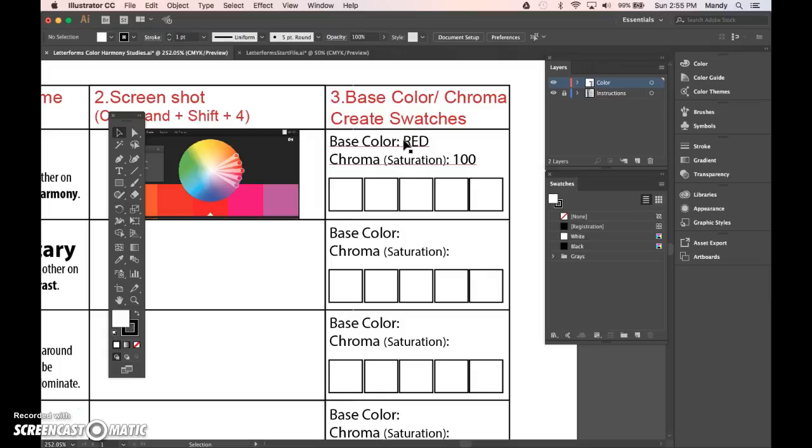So I've already done part of this for you. Under base color, you're going to identify simply by identifying the named color of your base color, which you should know from the previous videos is this middle color with the white triangle. So my base color is red. Chroma, saturation,